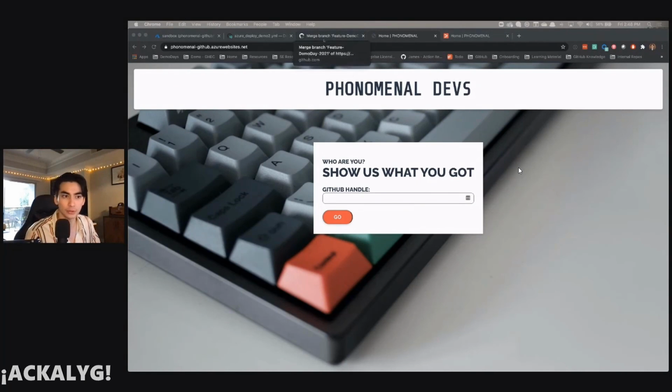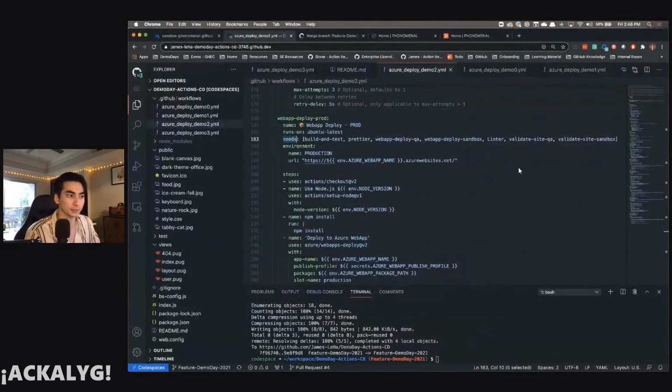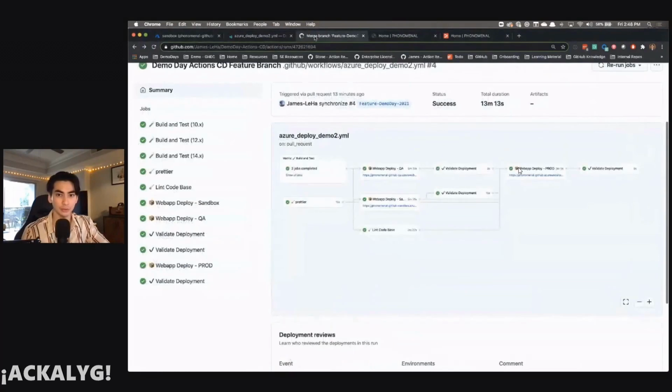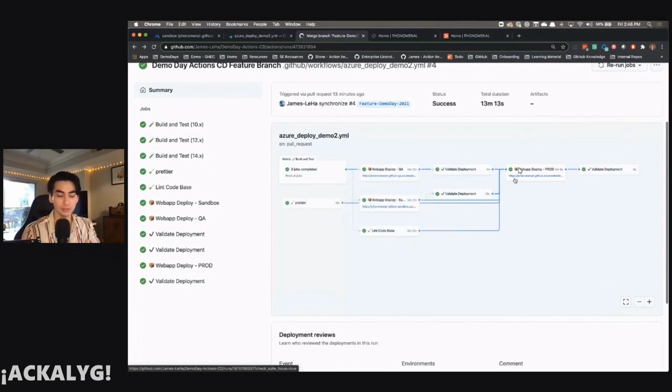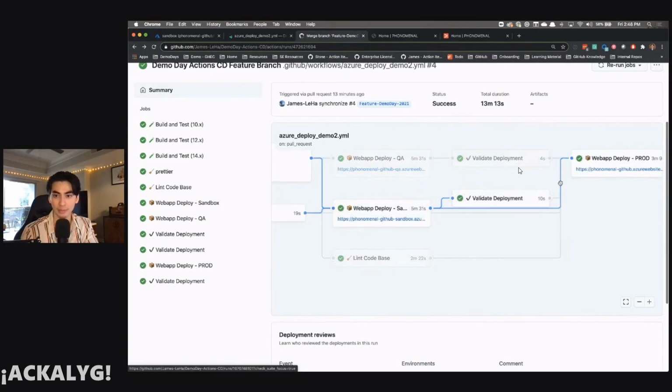All right, so let's go back to my GitHub deployment and look at what we got. Let's just recap everything that we've seen so far, right? We've seen using workflow visualization, how you can see relationships between different jobs and what depends on what, and where things have to travel through. We've seen how you can even add emoji support, but also most importantly, environment support to the workflow visualization to understand where your different environments exist, as you can see here: QA, my sandbox, and my production URLs. And we also see inside our workflow file itself,